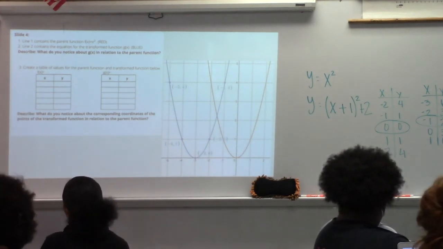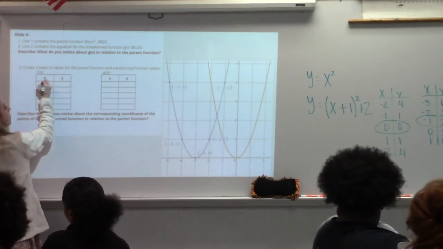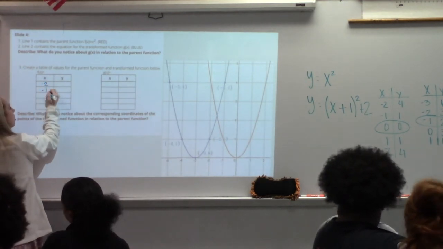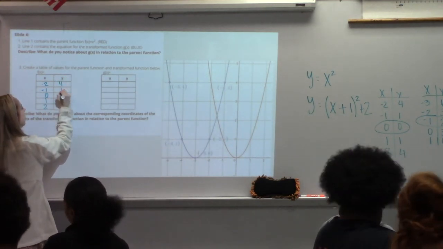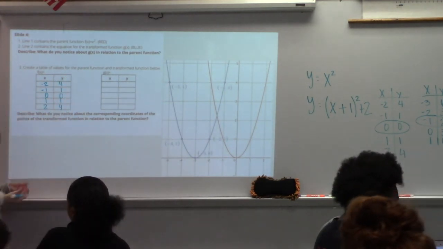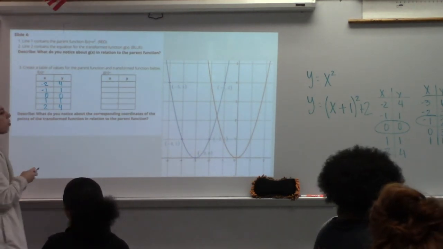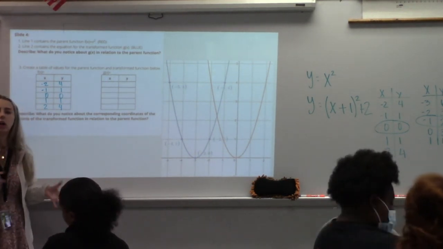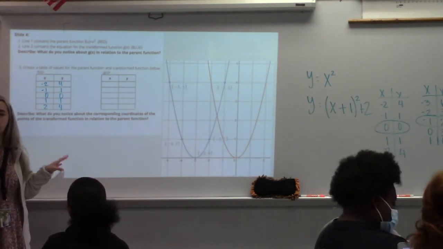So, let's create the table, or you should already have this table filled in for your parent function, but now would be a really good time to make sure all these values are correct for your table. Okay, and then when I have a horizontal translation, what values change? The X. Right,